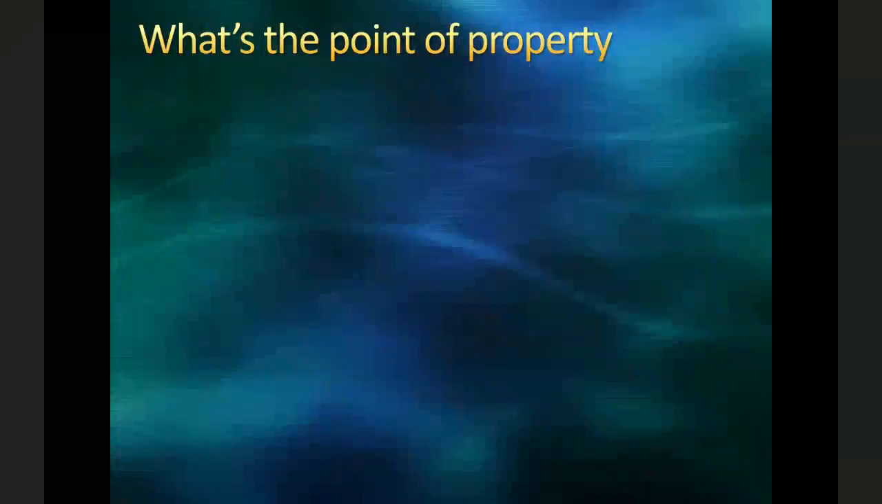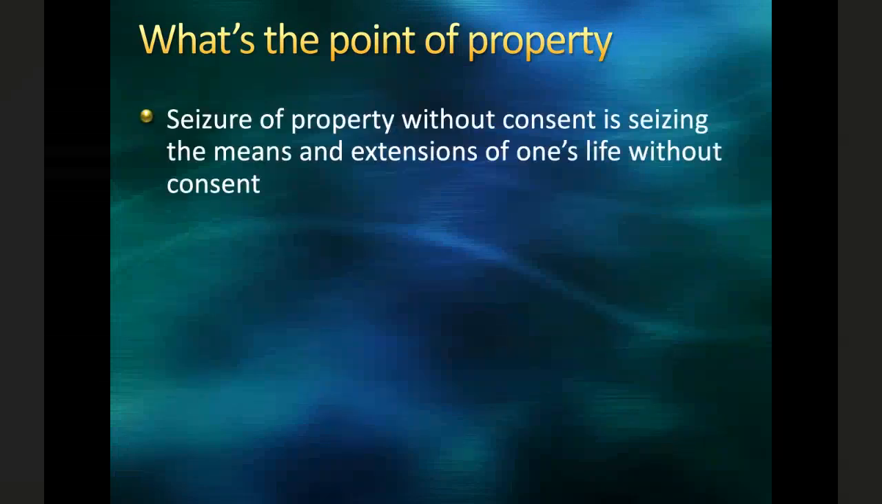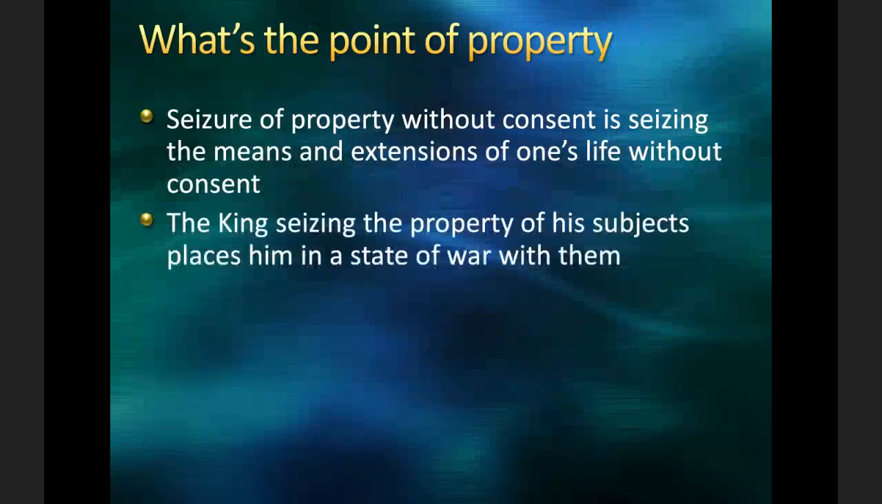So what's the point of this discussion of property? For Locke, the idea here is again that seizure of property without consent is seizing the means and extensions of one's life without their consent. That this is placing someone in a state of war with you. So the king seizing the property of his subjects without the consent of parliament places him in a state of war with them. The king is violating the laws of nature, and as we will see in the next passages